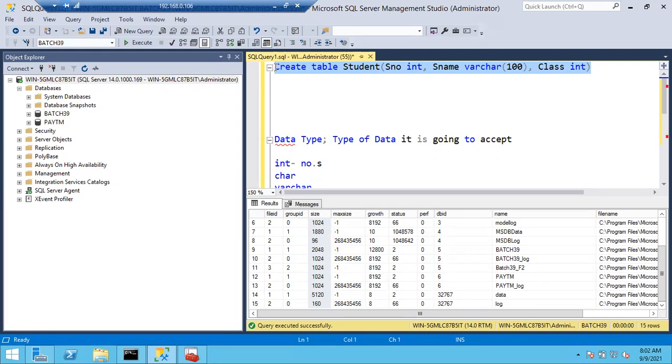Sir, one more small doubt. Each machine has four types of databases, no, sir? Master, model, MSDB, and so on. We are saving into Batch 39 only.